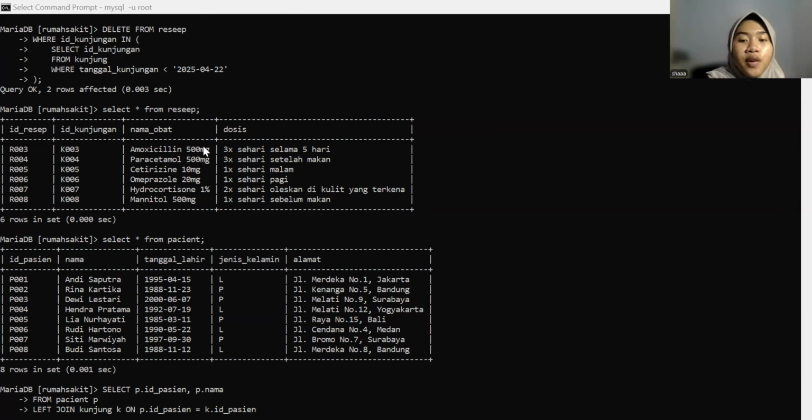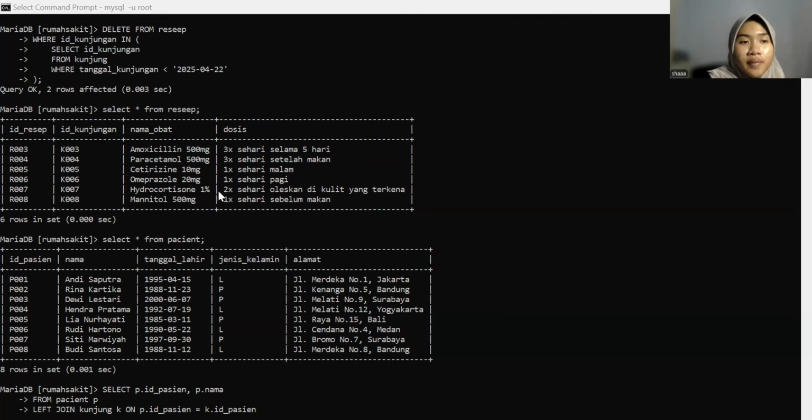In the delete from receipt part, we are trying to delete data from the receipt table, but we don't want to delete everything, so we use where ID kunjungan in to be more specific. The subquery looks for ID kunjungan from the kunjungan table where the date is before 2025, month 4, day 22. Basically any prescription linked to visits before that will be deleted, probably because they're no longer needed or relevant.